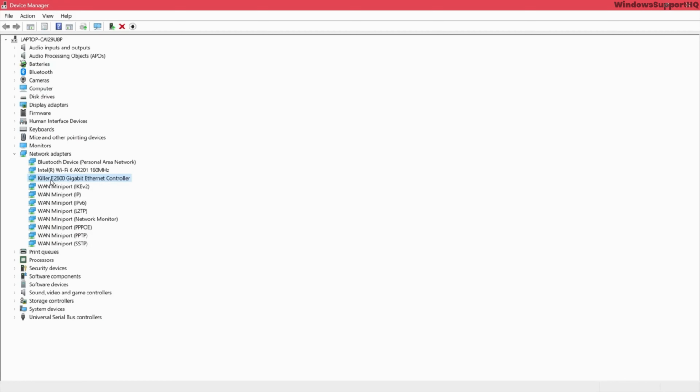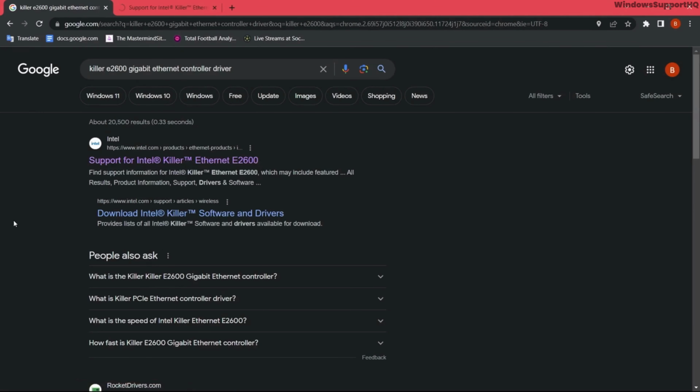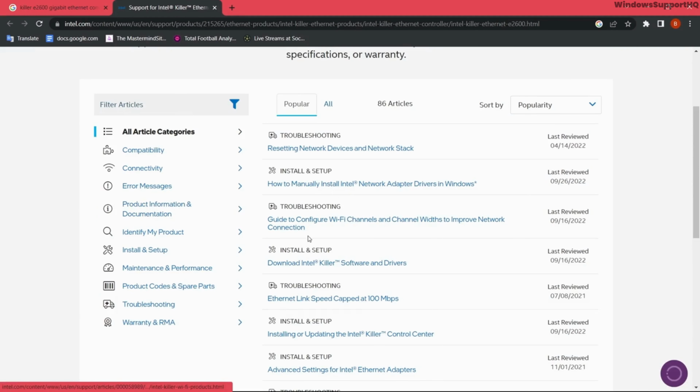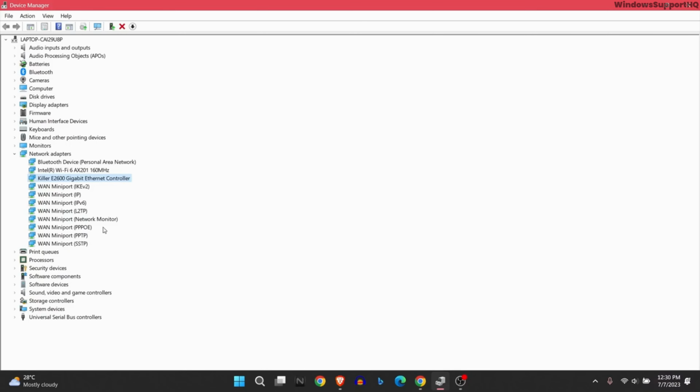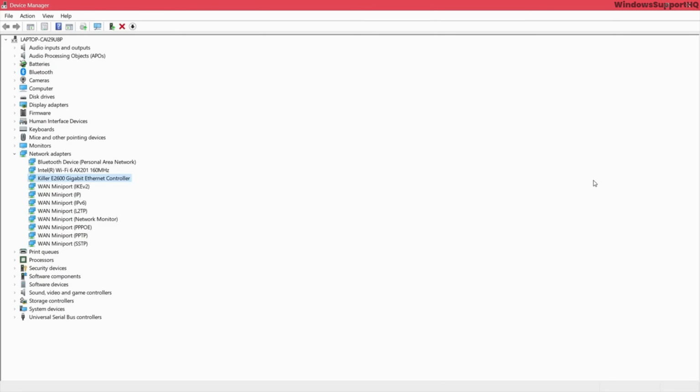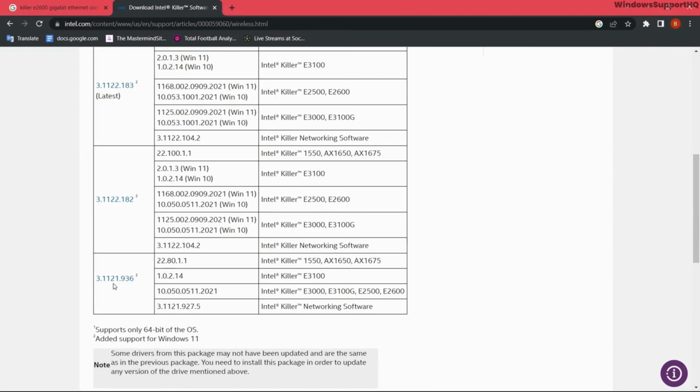This is my Ethernet adapter, and what I'm going to do is now I'm going to search for Intel 82600 gigabyte Ethernet controller drivers in my browser and open the first link. And if you scroll down a bit, you will see download Intel softwares and drivers, and from here select your adapter. Since I do have 82600 adapter, now I'm going to select this version because it is listed here,